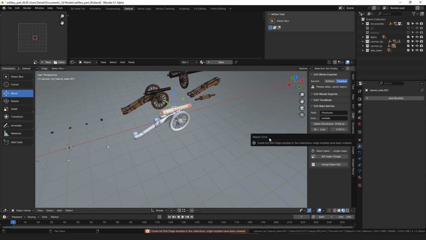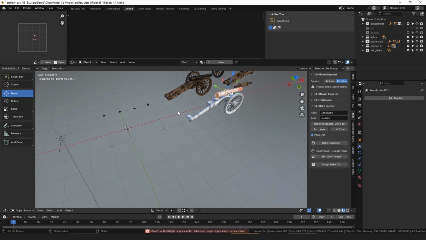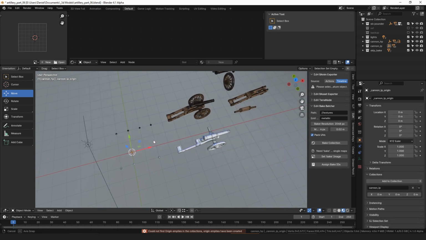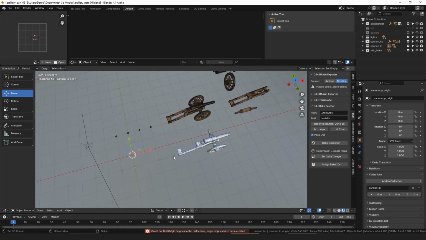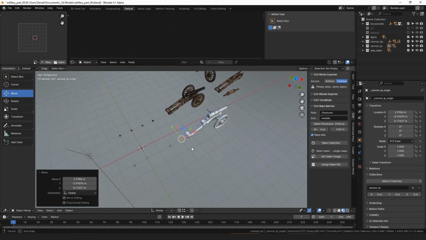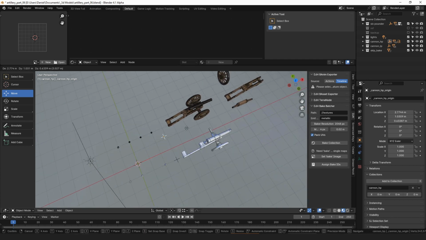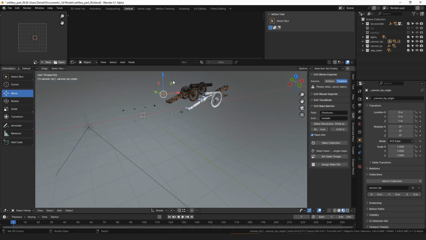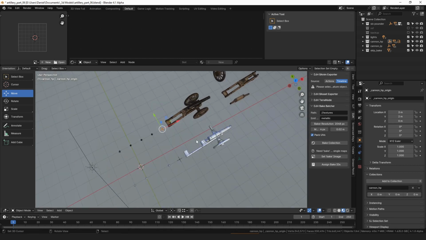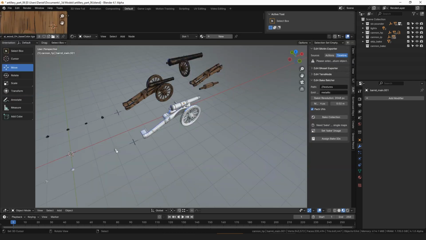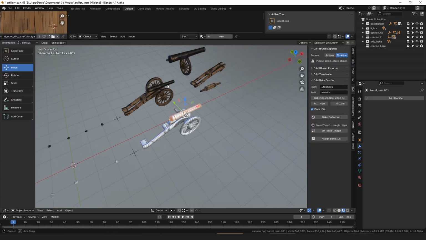It'll say that it needs origin empties, and essentially that's an empty that will mark where the origin point will be on the newly created mesh. So this is the low poly, so we'll just put it right here, snap to the grid. And this is the high poly, so we'll snap it to the grid here. Make sure it's in the same place for both of them. So then once we have the empties in there and the settings are the way we want, we just have to select one of the objects and click Bake Collection, and then it will start